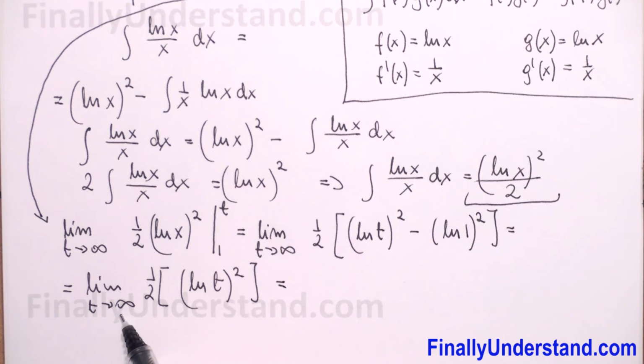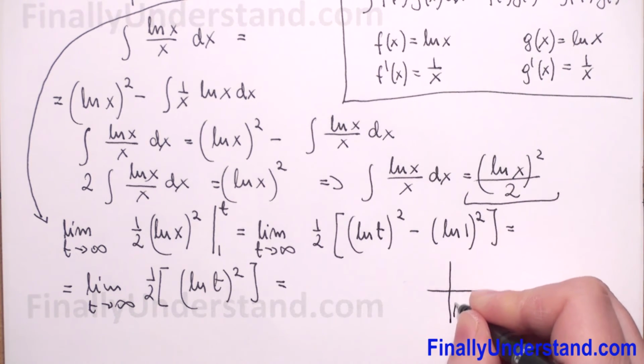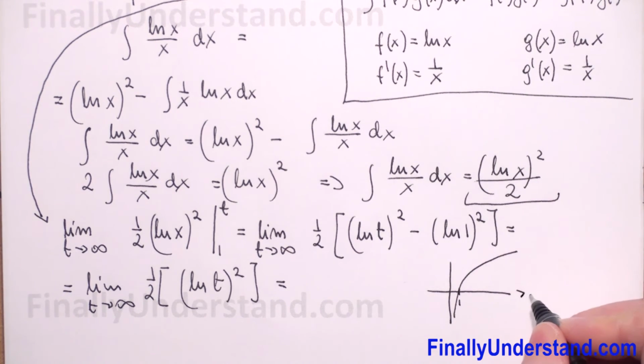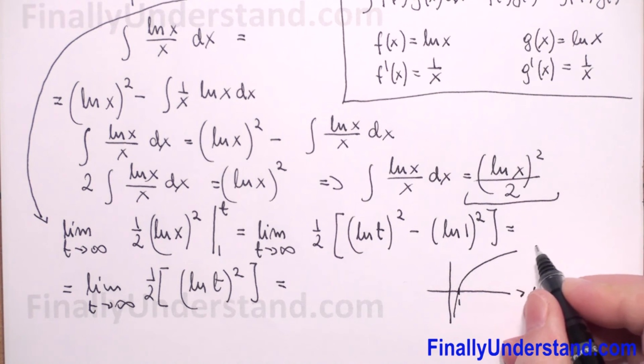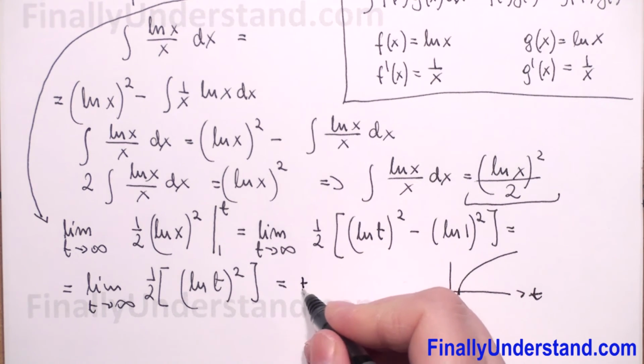So now when t goes to infinity, we have natural logarithm of infinity. Let me draw the graph of our natural logarithm. When t goes to infinity, our graph goes to infinity. So we have 1/2 times infinity, which will still be infinity. So we have